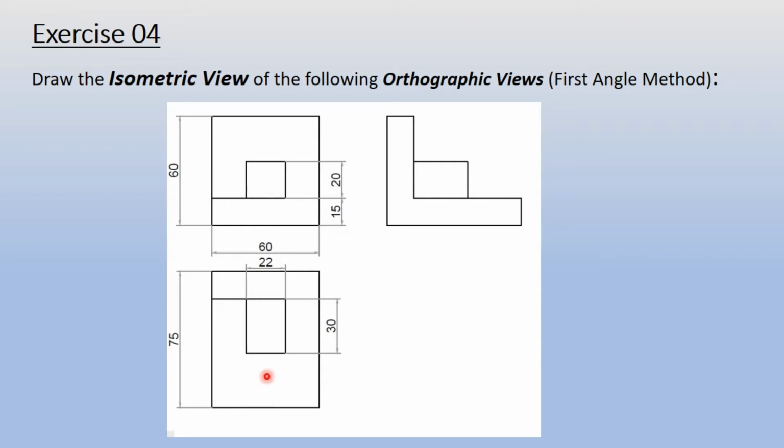That means there will be some distance. This much distance will be there before this box will appear. That means it will come in front and after some distance this box will appear. And also you see that this rectangle is being indicated here in the top view. This shape here will appear in the back portion of the front view, because you can observe in this view also. Which is this view? This is the left hand side view.